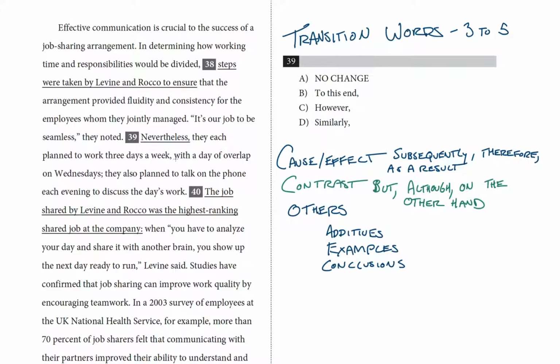So the word we've got underlined for question 39 is nevertheless, but I'm going to pretend like it's not there. I'm going to read on either side of the transition and see which category fits. So I'm going to read this first paragraph to myself, skip the underlined word and just say blank, and then ask myself what category best fills in that blank. So,